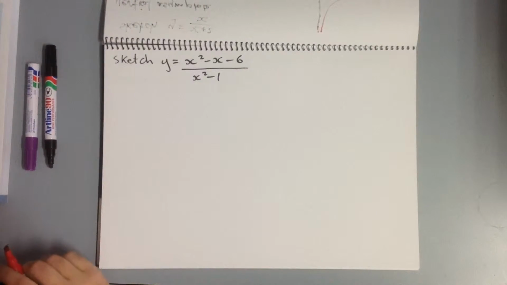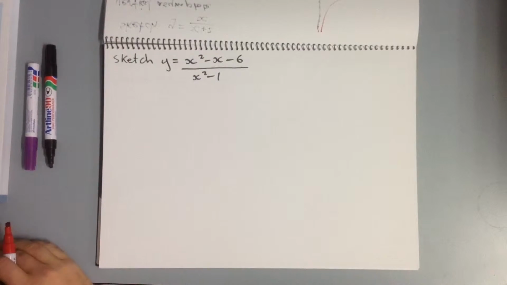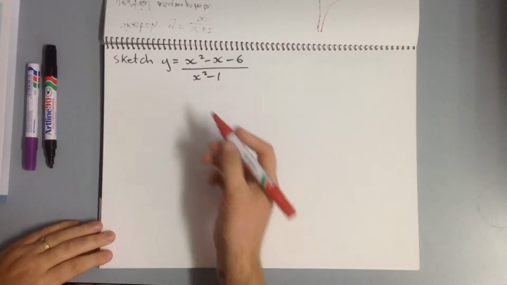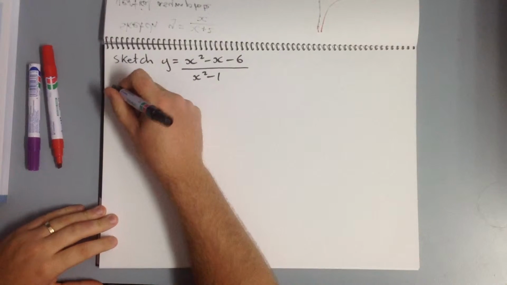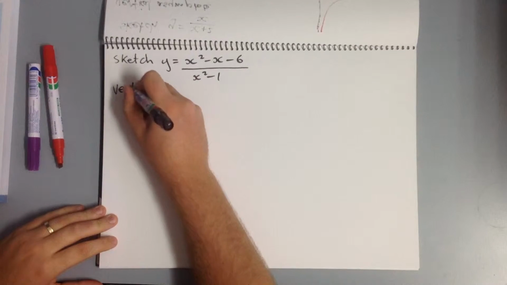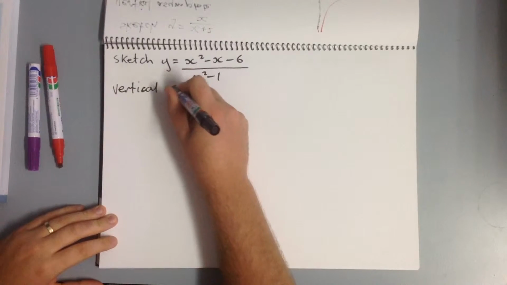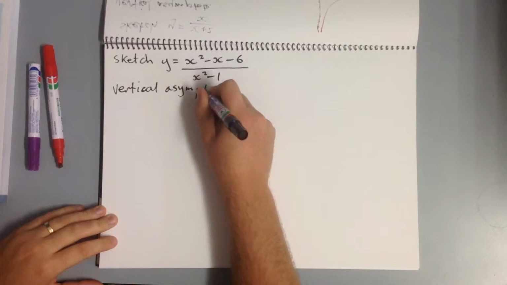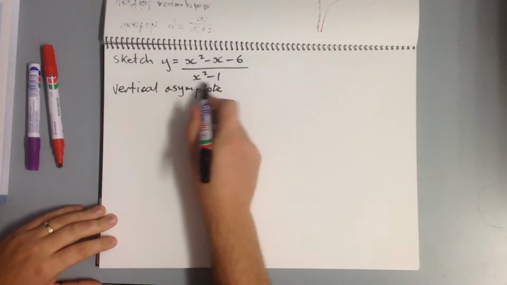Okay, so this time we've got a slightly more complicated function. Sketch y equals (x squared take x take 6) over (x squared take 1). We still need to determine the vertical asymptotes. So our vertical asymptotes